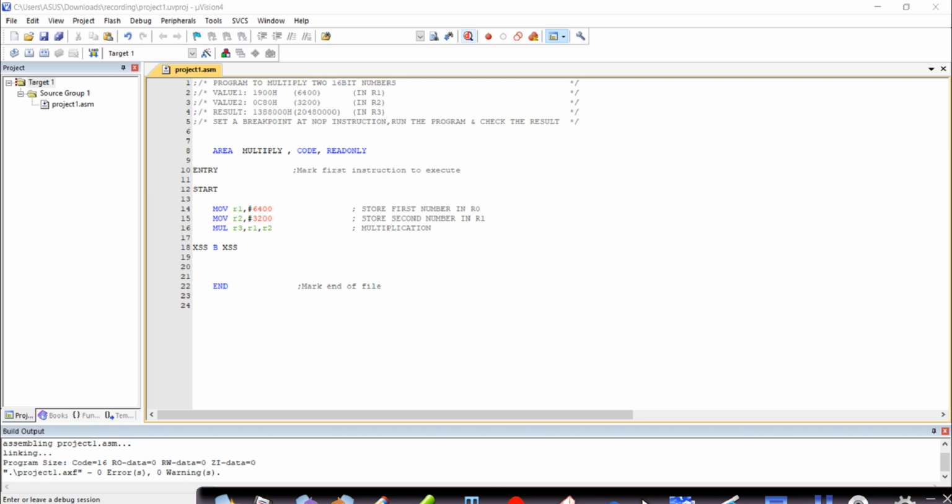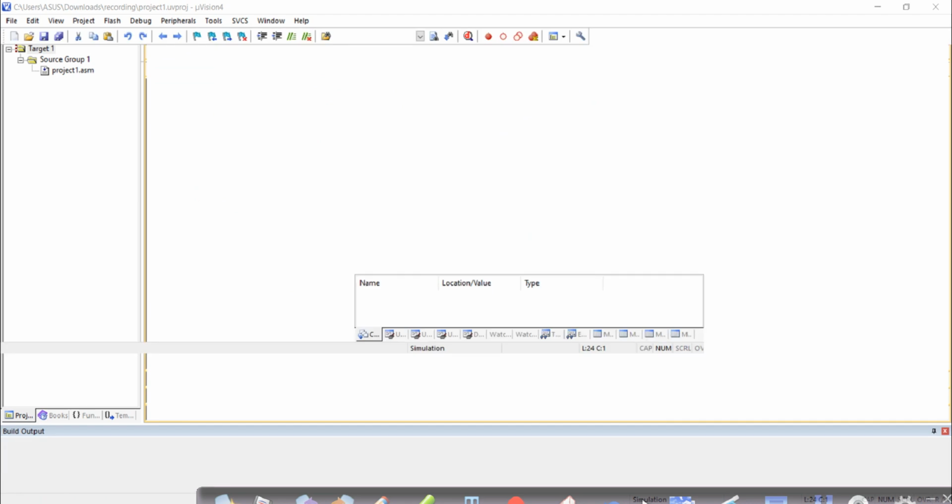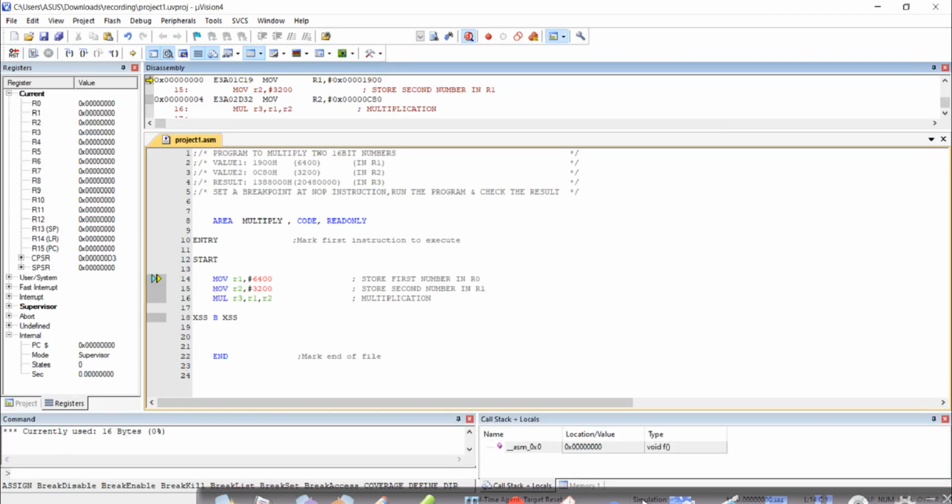After having confirmation that your program has no errors, there is something called D which you can see over here. This option is used to execute or start debugging. I'll click on this debugging option. It will show a pop-up window. Click on OK so that it enters your debugging mode. So this is how you execute a single program. I'll just start debug, so you can directly run your program.